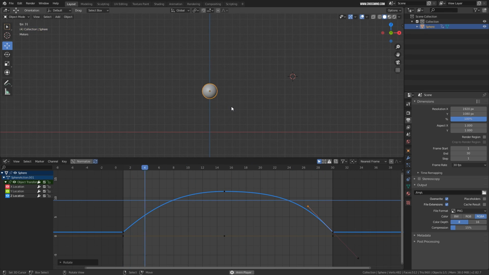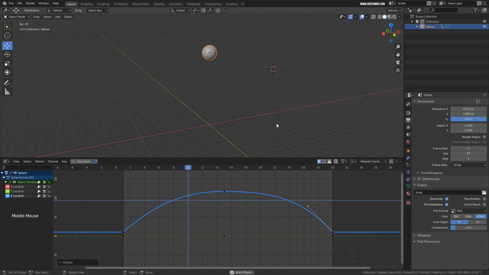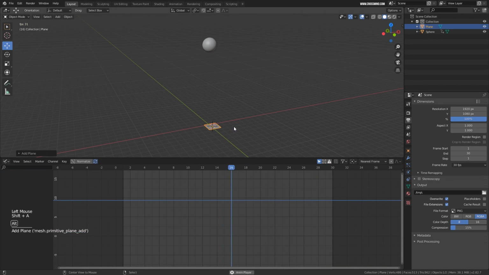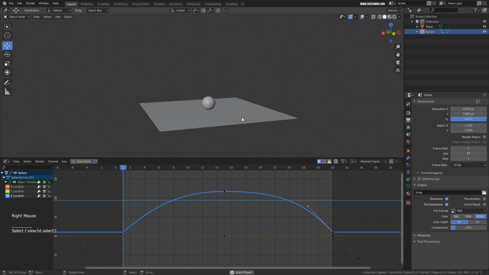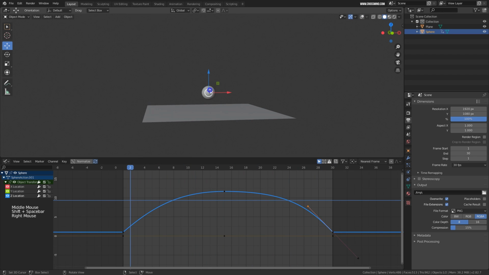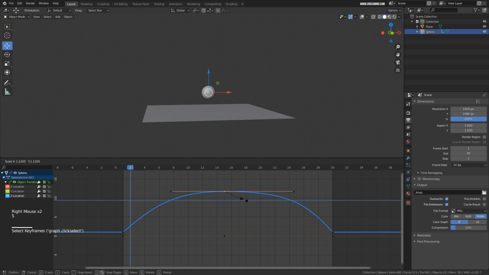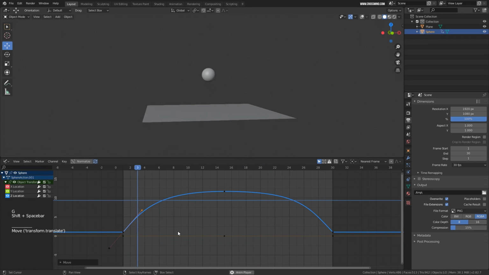Now this looks like a ball bounce. Okay, I'll just place one simple ground plane over here. Alright, so if you want, you can exaggerate this motion a lot. You can stretch it and make it like this. Okay, so the motion is there, but